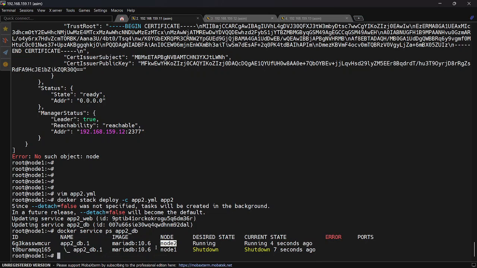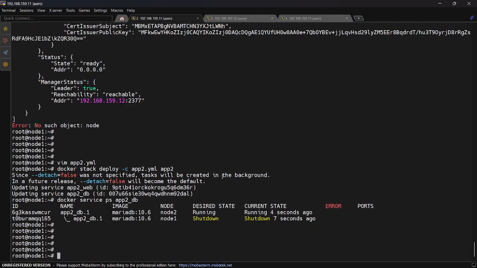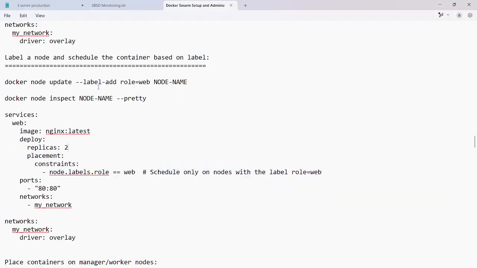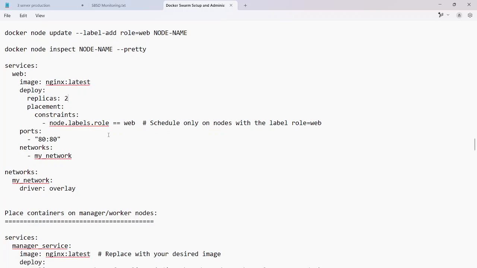Now it is rescheduled from node 1 to node 2 because we updated the service. Again, we did the deployment by using the stack. It will read the new values from this file and apply them. So now we have this container. It is using the same volume, and we can see the data that was previously saved for the database. So this was related to the label. We can use this label,